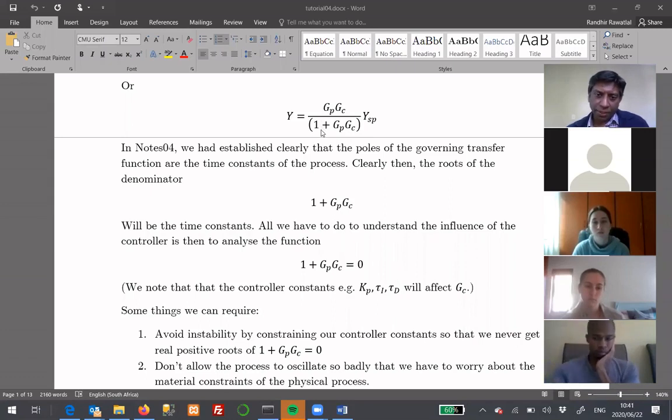So in other words, if we look up the values that make the denominator of this transfer function 0, then those will tell us how the process is going to behave. So we just look up the zeros of this denominator. So we find the values of s of 1 plus G_P G_C,